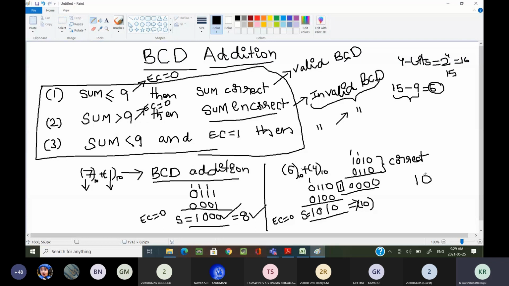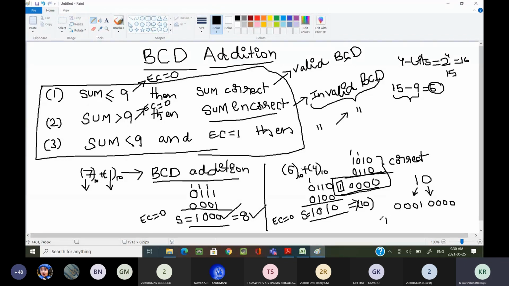Why? Because how are we writing 10 in our BCD? How do you write 0? 4 zeros. How do you write 1? 0001. What is the final result I am getting in this problem? 1 and 4 zeros.